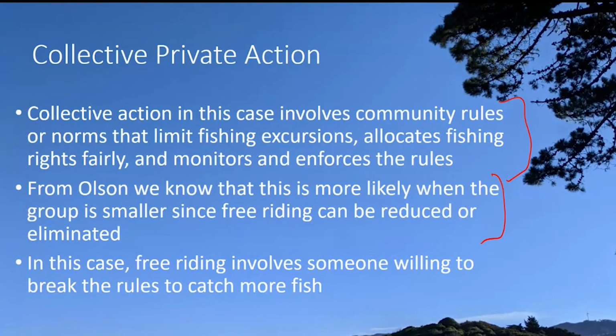All right, and I mentioned this, it's more likely if the group is smaller rather than larger. Because of free riding. Free riding here means we've got a system of rules about how much fish each boat can catch per week, but some individual boats go out more times per week and try to bring in more fish. That's an example of free riding in this particular system. Or you set your cattle around the mountainside so nobody can see them grazing there. So you try to skirt the rules and try to break the rules. That would be the example of free riding in this particular circumstance.